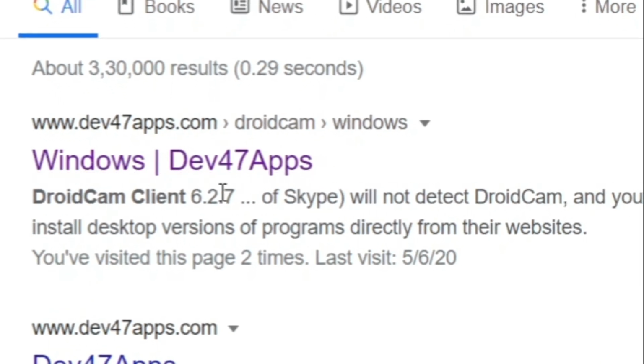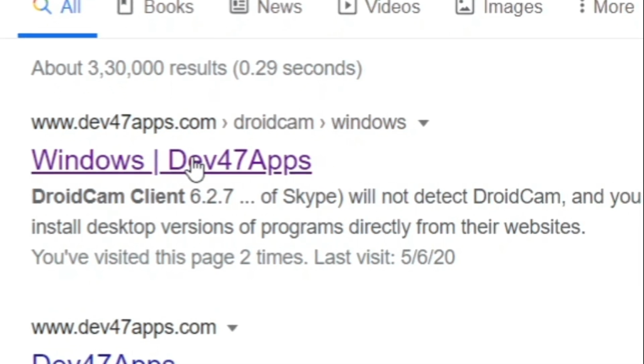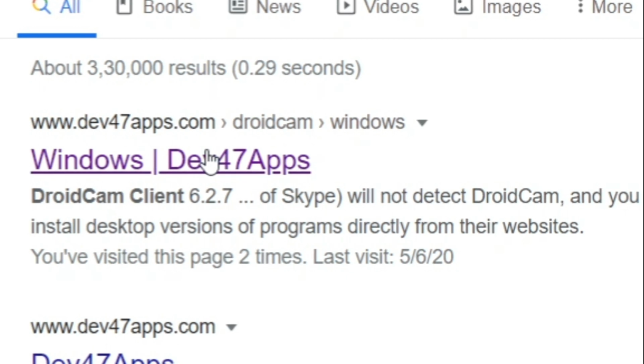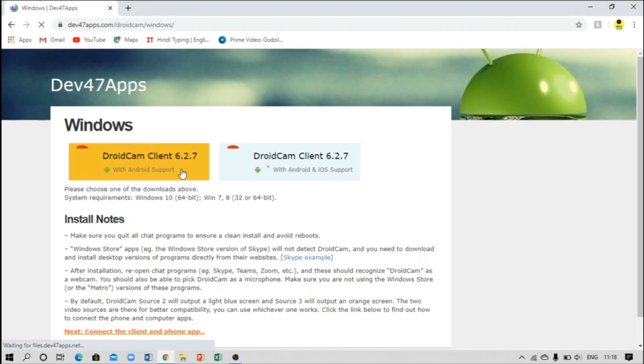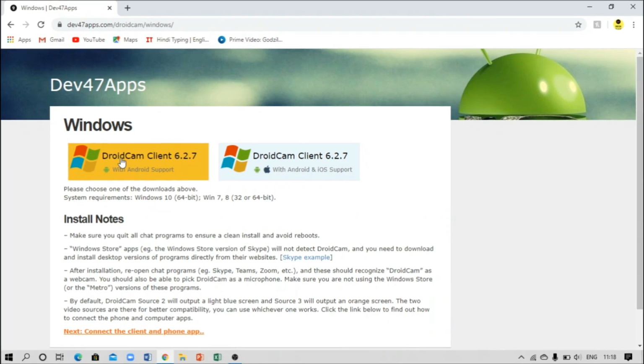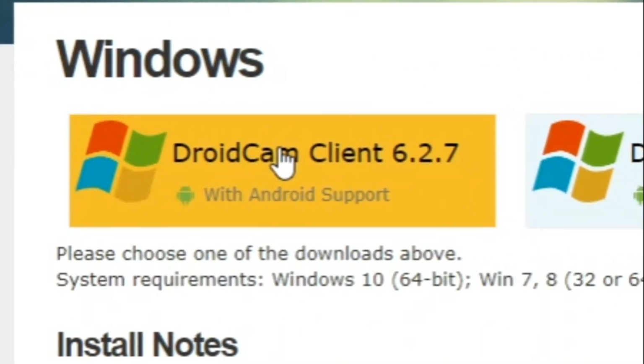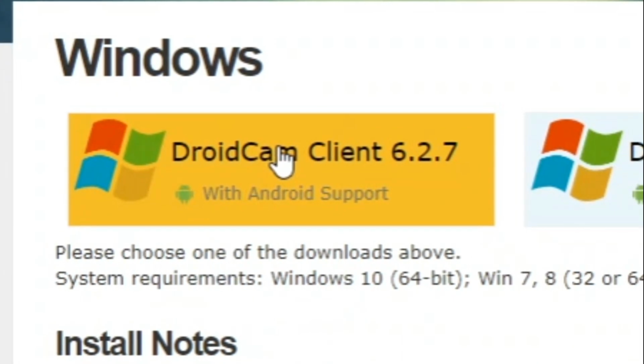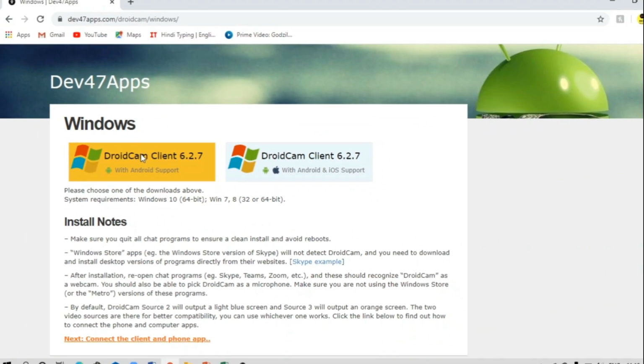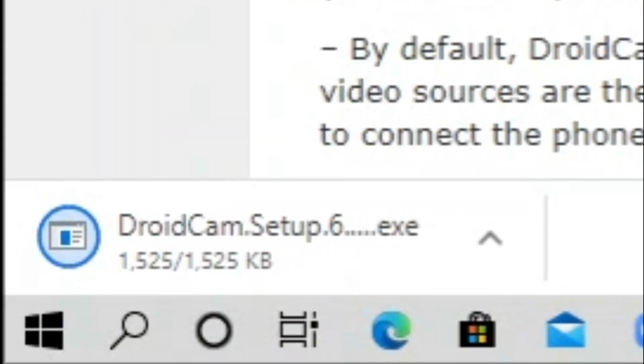Then you choose the first option which comes, like Windows Dev for developer 47 apps. You click on that. And then after clicking on that, you choose the first option, that is Droid Cam Client 6.2.7. As you click on that, it will start downloading.